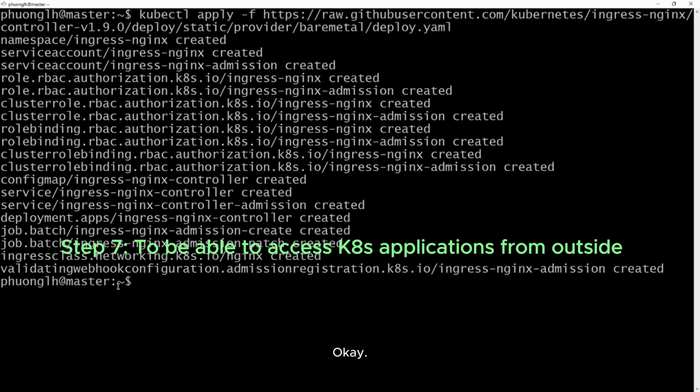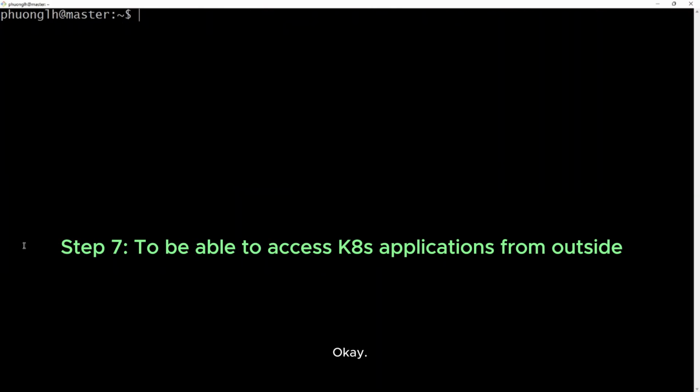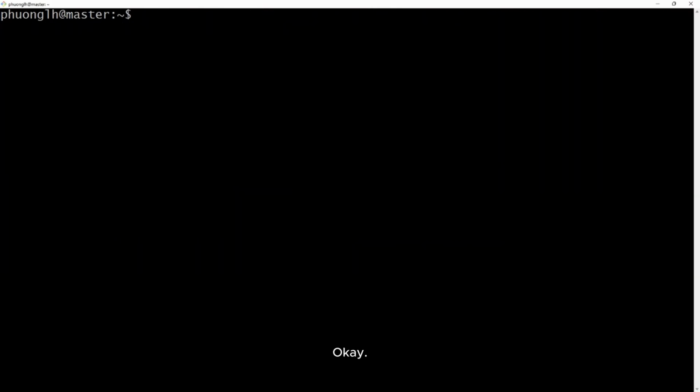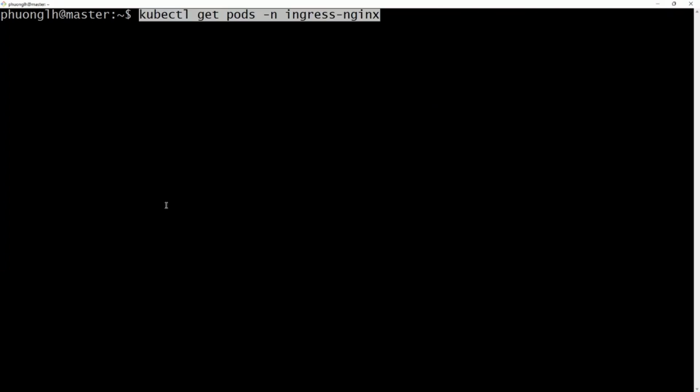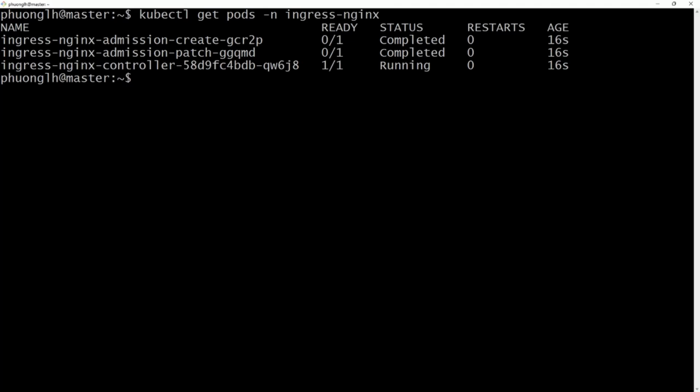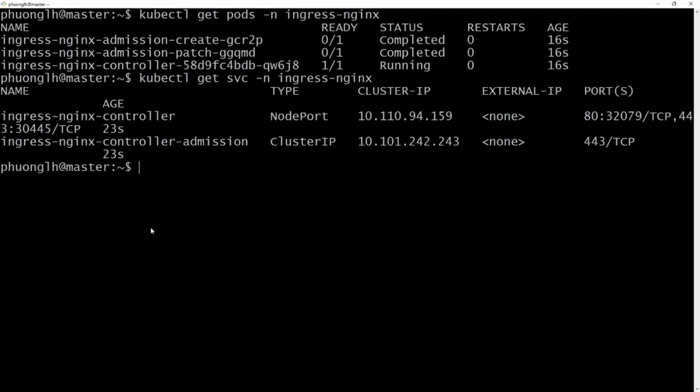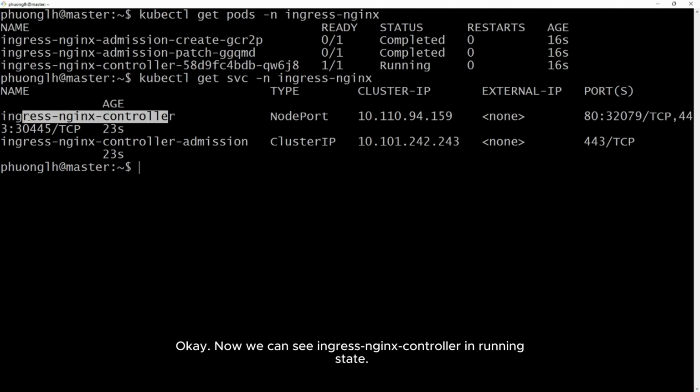Okay. Then check. Okay. Now we can see ingress NGINX controller in running state.